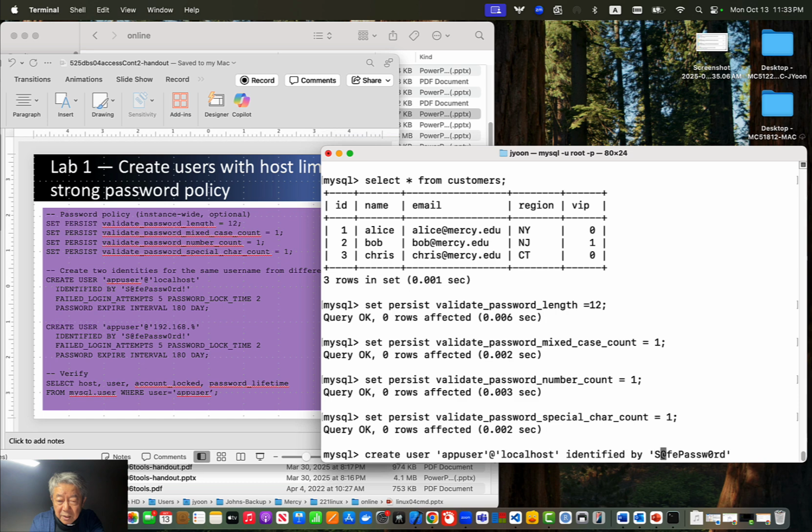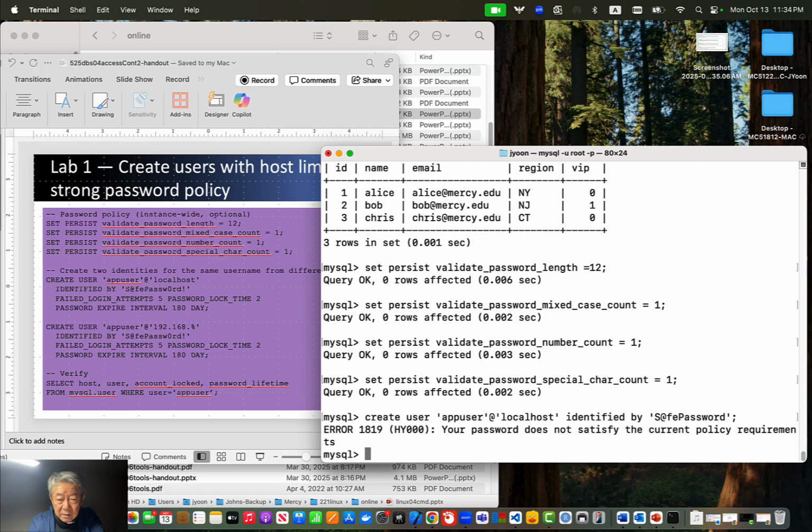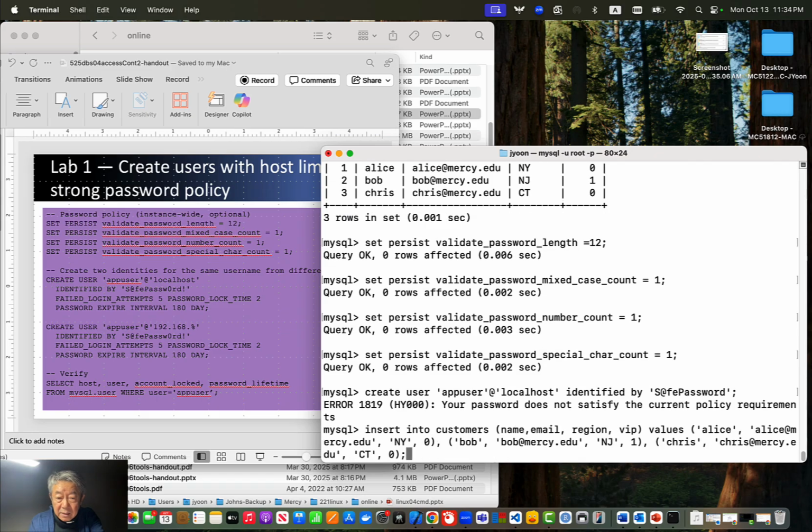And we have a special character here, and one, the number. Let's say if we do not have this, see what happens. After that, it says a password does not satisfy the current policy requirements. So current policy is,